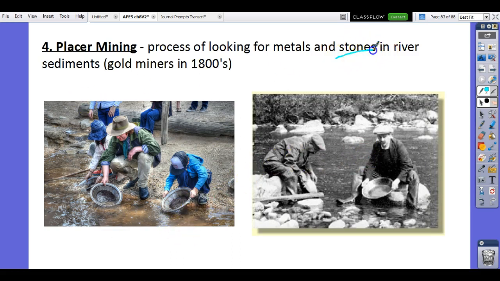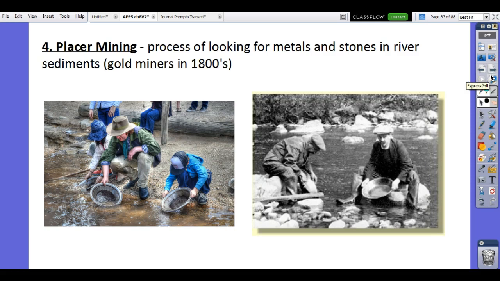You could also look for precious stones. I don't know what kind of stones, but you could look for other valuable resources in the rivers as well. And so you guys have heard of the big gold rush, where everyone moved out west and wanted to get rich. All right, last thing. These are all surface techniques, so things you can do on the surface. You can dig a pit, dig a strip of land, sift through the river, blow off a mountaintop,